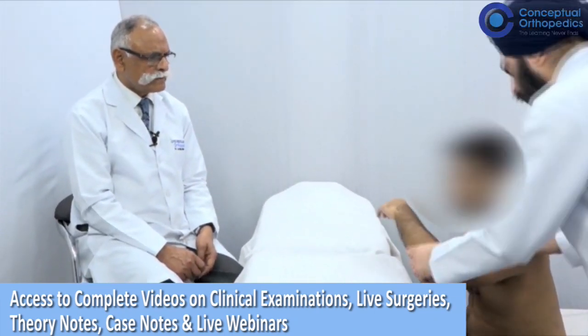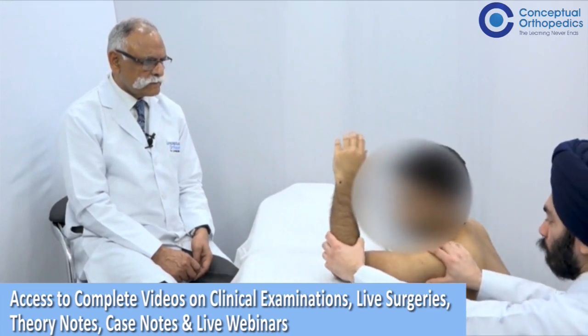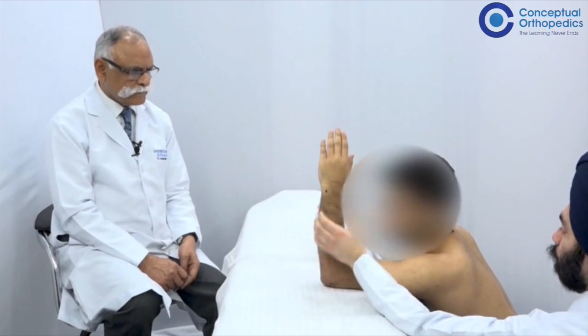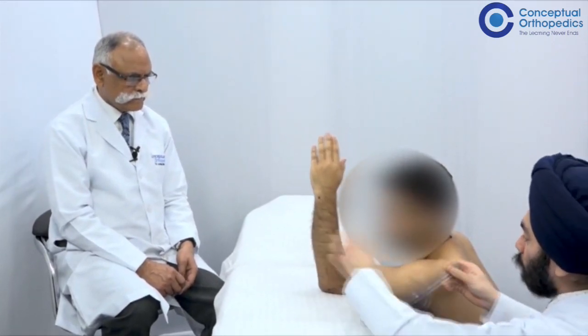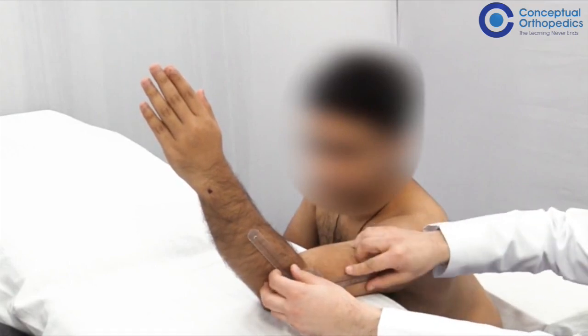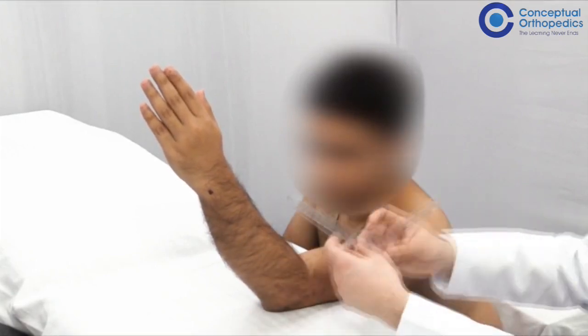Could you demonstrate the arc of motion in your patient? Yes, sir. On the elbow? So I'll ask the patient to keep his arm on the table. Then I'll ask the patient to extend it. Extend it straight as far as it goes and show me. So this is going up till here. This is about